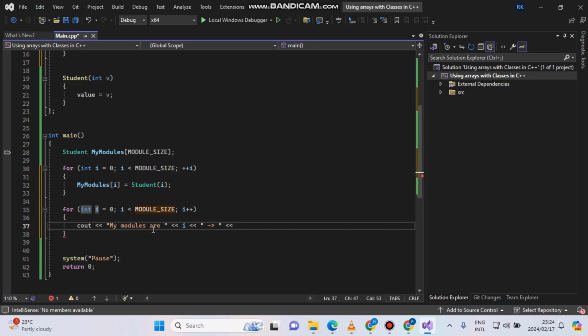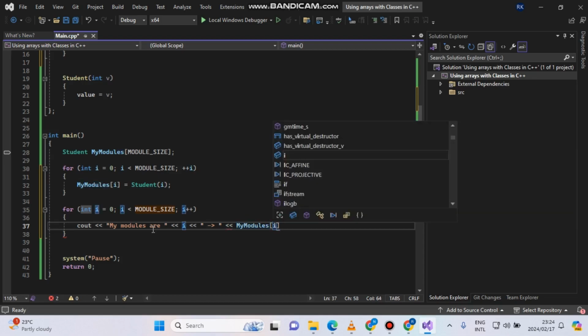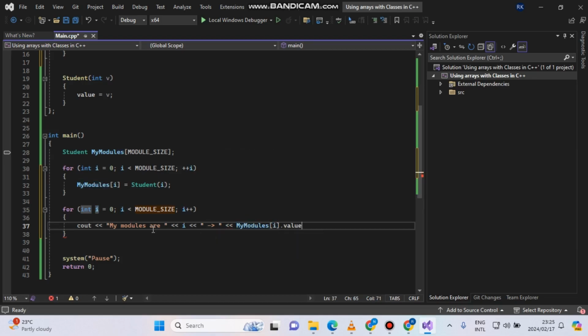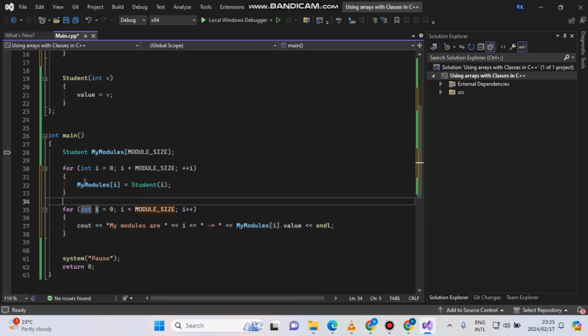Okay, now here I'm going to try and link the same indexes of my modules and also the one that's been defined and mentioned by the for loop. So I can also say here my modules with index I again, and you don't duplicate the value. What's happening here is that we make sure the values that have been stored in my modules are the same ones that are going to be executed by the for loop. So basically this line of code will just give us an output of the index of my modules being defined or outputted by this I